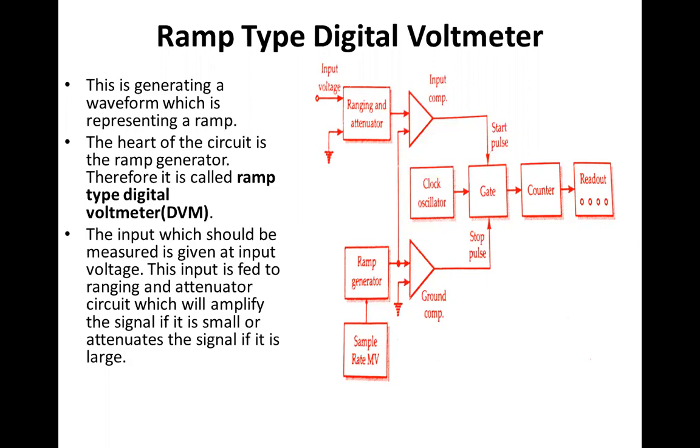The operating principle of ramp type digital voltmeter is to measure the time that a linear ramp voltage takes to change from the level of the input voltage to zero voltage or vice versa. This time interval is measured with an electronic time interval counter and the count is displayed as a number of digits on electronic indicating tubes of the output readout of the voltmeter.